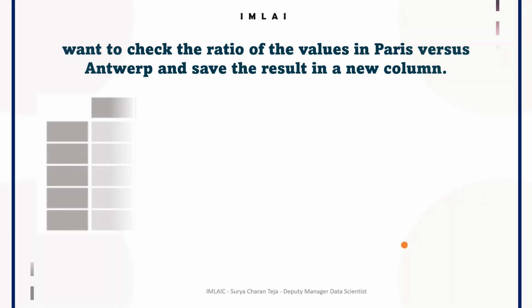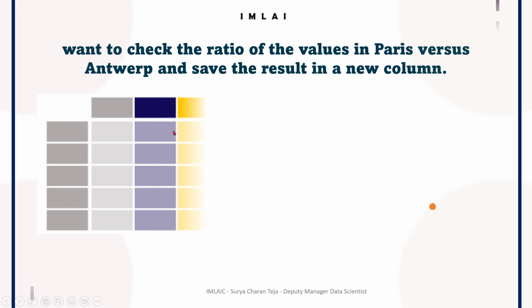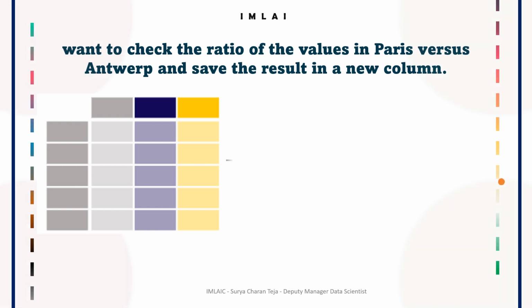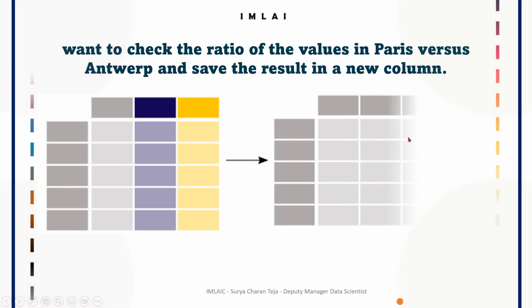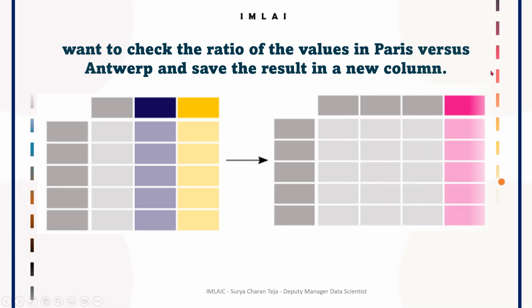So here I am going to take two columns from the data frame, and then I will use these two columns to calculate the ratio of both of them and put it into the new column. After doing the calculation, you can put them into a completely new column or new series of this data frame. So this data frame has been changed completely into the new data frame, so it's an in-place change. Okay,